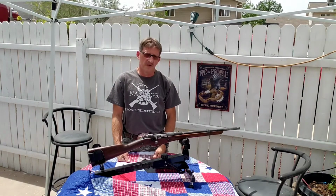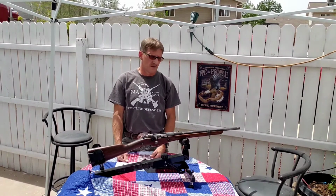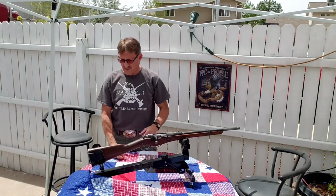They had a labor dispute in 1916 that halted some of the production of different rifles and such, and so they really overextended themselves between trying to build new factories and trying to grab as many contracts as they could. They blew it. They couldn't do it. But this one,